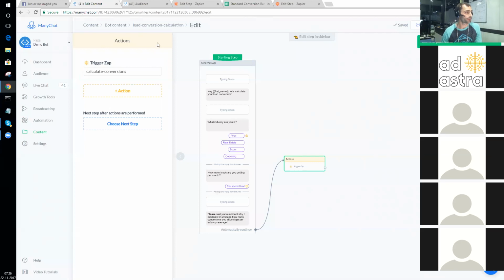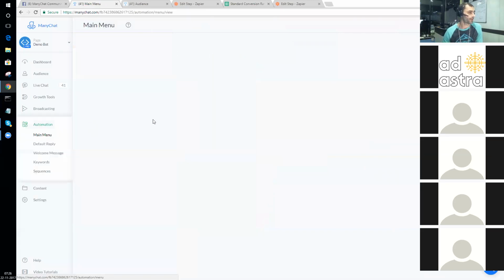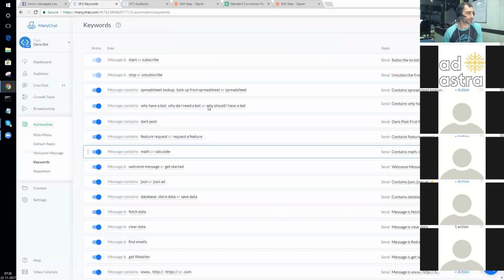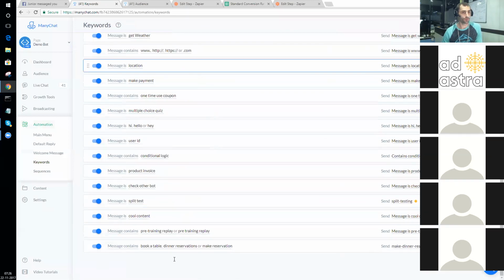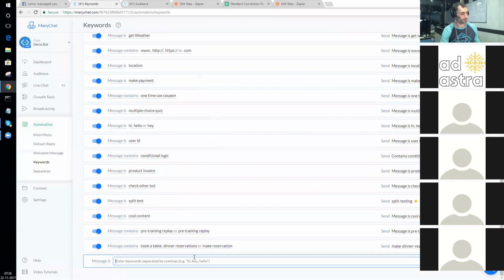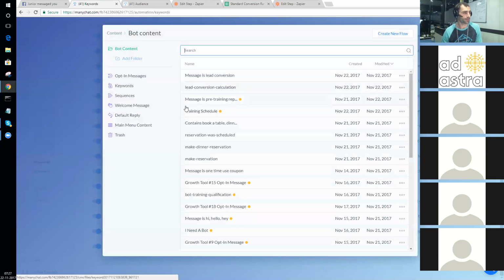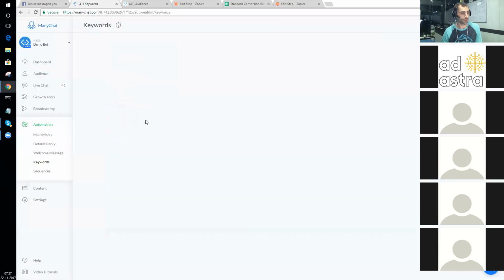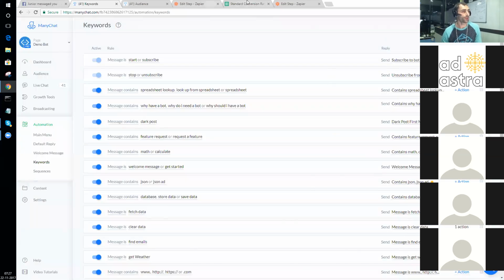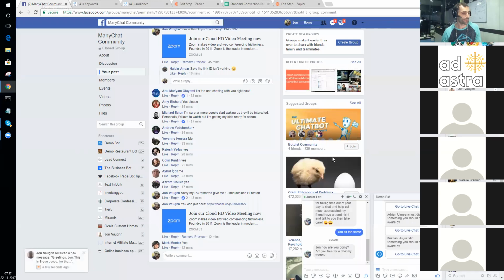And this is lead conversion calculation, right? So we'll come over here to automation. We'll go to keywords, and then we'll go to a new keyword, and we'll do lead conversion. And then we'll just create that keyword. We'll select an existing message, and we're going to select this lead conversion calculation that we already had. All right. So now we can come in here and do this